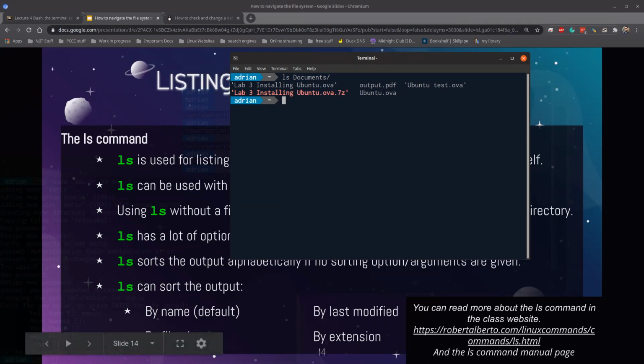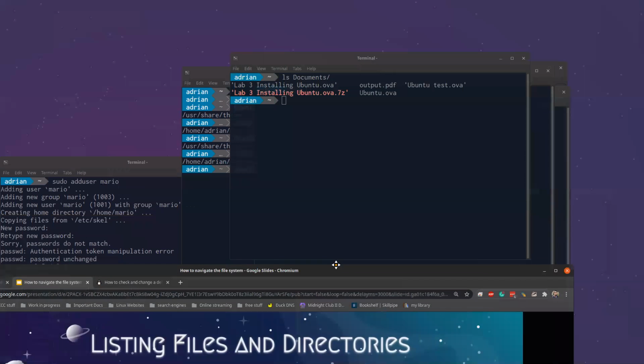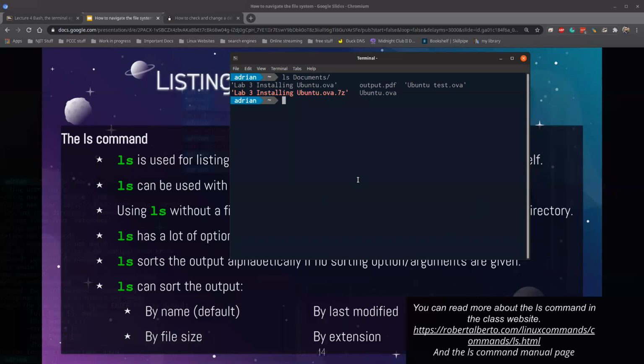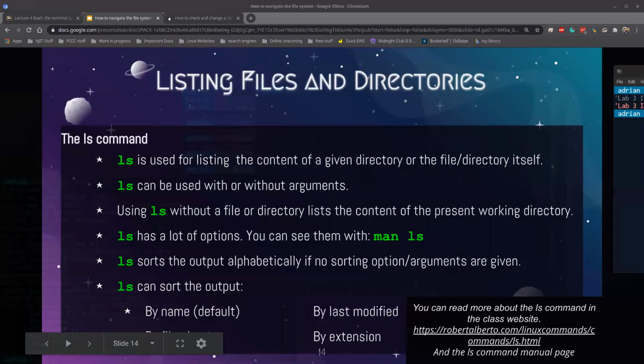Did my screen sharing break? No. Oh, okay. Well, that's a little weird. Okay, because I don't see the border the Zoom adds in there. So